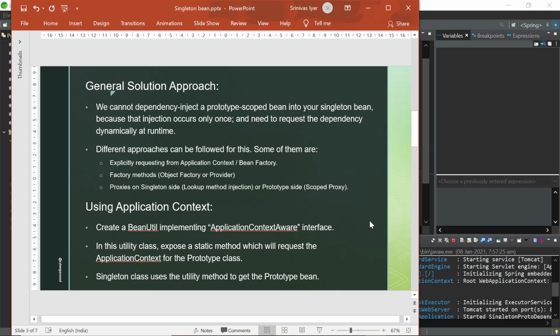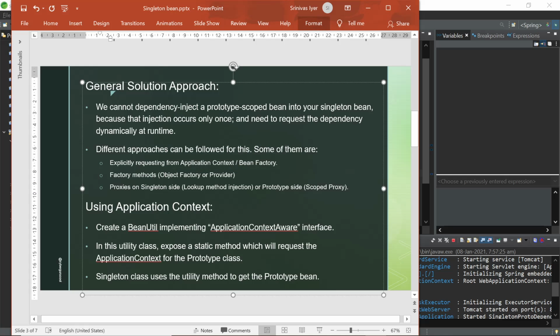We'll see an implementation of that shortly. Another way that we can do this is we can have some object factory methods do it for us internally. This object factory method implementation, which is provided by Spring Framework, is going to use the bean factory, and it is going to request the bean factory for this. So whatever we are explicitly doing with approach 1 would implicitly get done with our second approach,